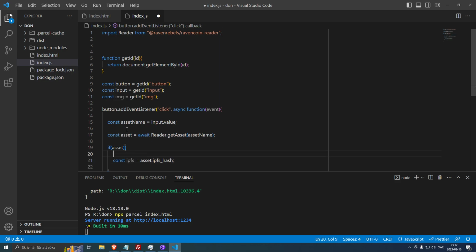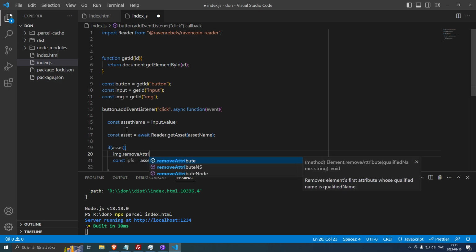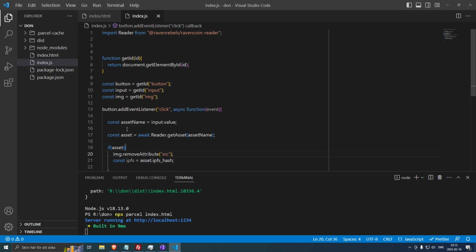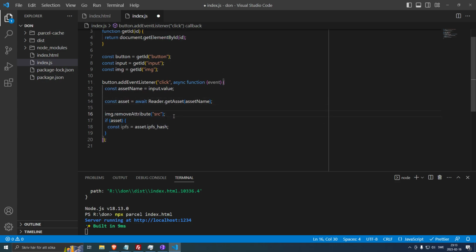Let's start by saying image.removeAttribute source. Every time we click the button, we remove the source because it might be the previous asset. No, this should move up to the top. The first thing we should do is to clear the image. And the next thing we do is fetch the asset. If we have an asset and if we have IPFS,